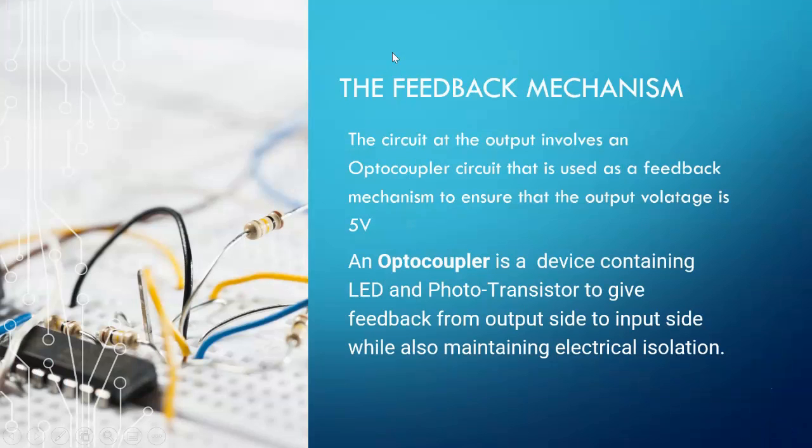Now the actual circuit also requires a feedback mechanism so that we can ensure that the output voltage is fixed at 5 volts and not any peaks or jumps in voltage. So for that an optocoupler circuit is used as a feedback mechanism to ensure that the output voltage is 5 volts. An optocoupler is a device containing an LED and phototransistor to give feedback from the output side to the input side while